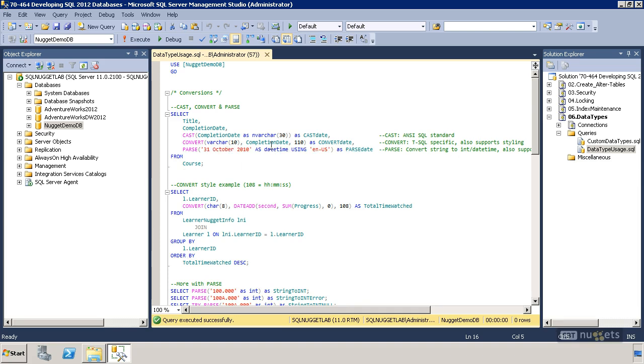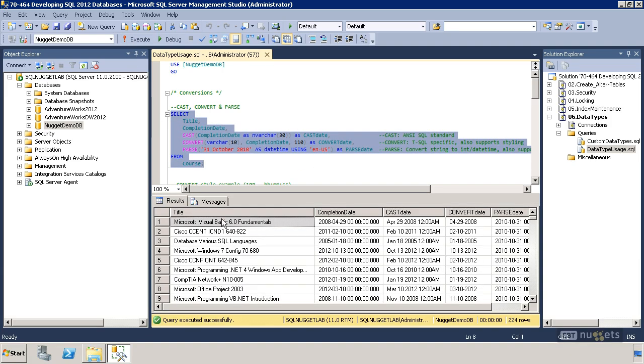Then we'll use convert to do the same thing, but we're going to use the format of 110, which will give us a specific date style. And remember, convert is the T-SQL specific way of doing conversions. And then I'll show you how we can use parse, which again works the same, but we can also apply to it a culture. In this case, we'll use the en-US code. All right, so let's highlight all of this, hit execute, and we can see here, title